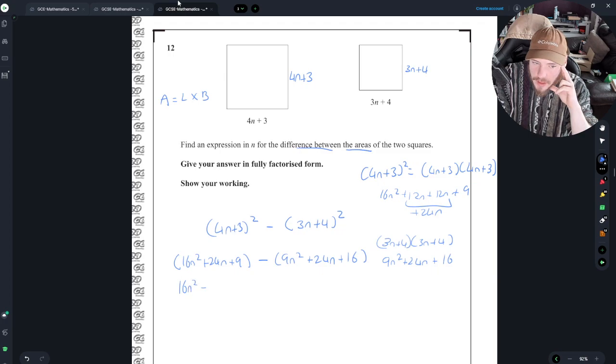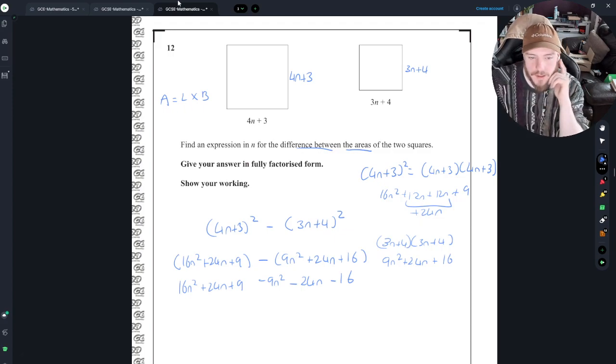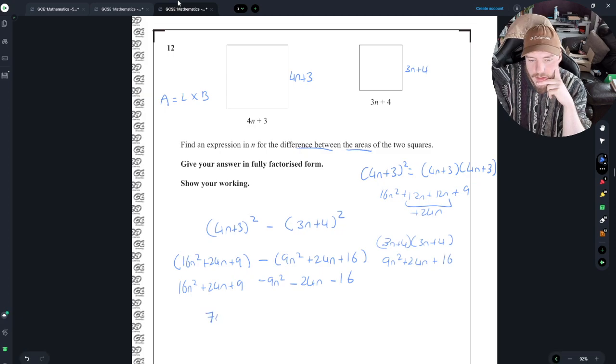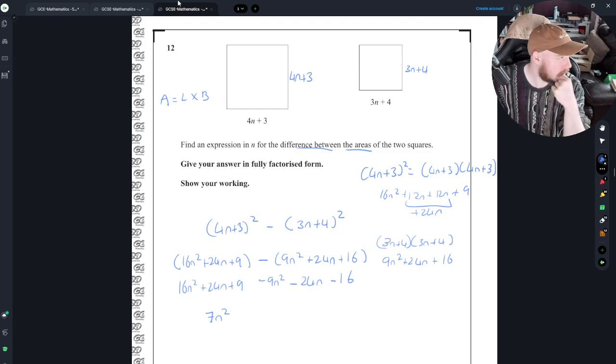So what's going to happen is we're going to have minus 9n squared minus 24n and minus 16. So 16n squared minus 9n squared gives us 7n squared. 24n minus 24n gives us 0n, and 9 minus 16